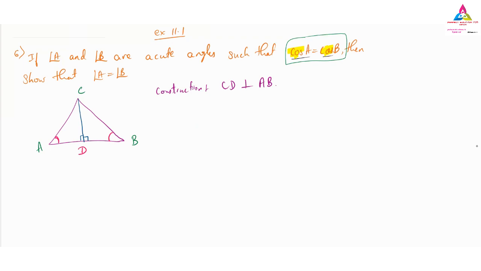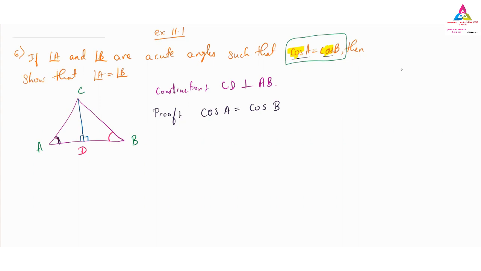Now I will go for the proof, just how to prove this. So here I will take cos A is equal to cos B, because they have given that already. I will take cos A and cos B, and I will go for cos A first. Here, what is cos A? This is the angle A, so it is a cos value. What can cos A be referred to as? When you are finding it, yes, answer.